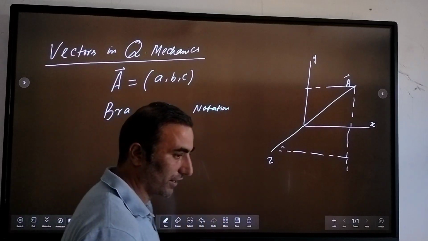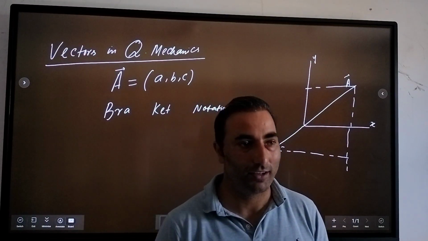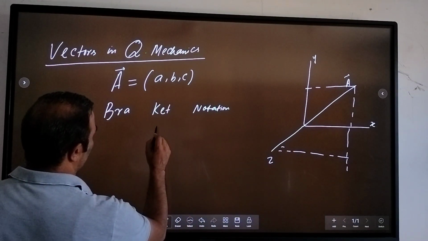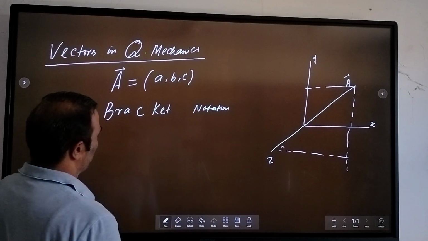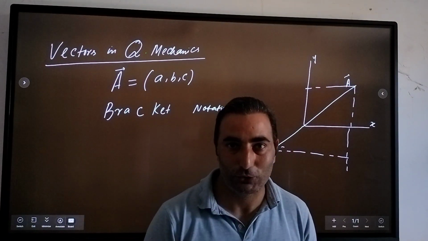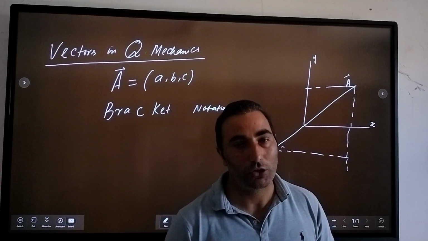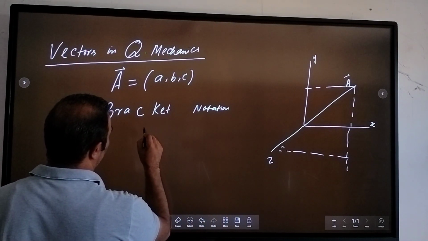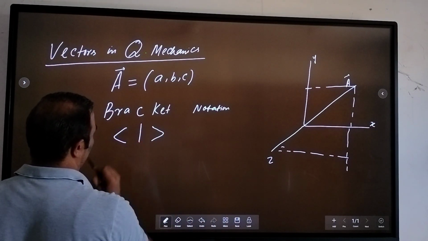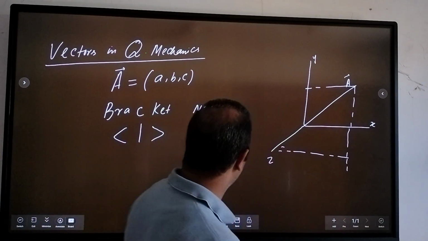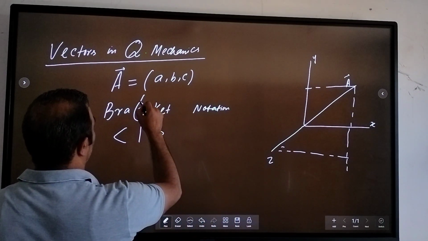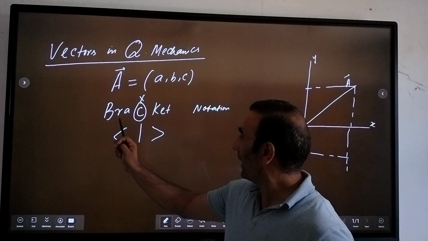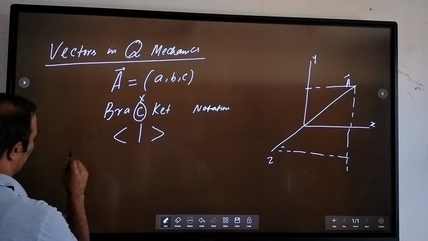So what is this bracket notation? It is simply that you are representing some vector in some way. So this is simply a bracket. There is no logic, but for your convenience, you can say that this is a bracket. And we have this bracket. If you remove this C, this ket state represented this one and the bra state represented this. So that means our bra state is